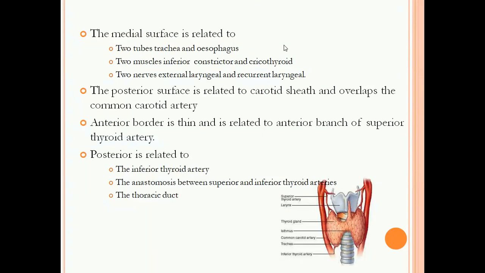The medial surface is always related with the trachea and the esophagus, and the two muscles that are related with the gland are the inferior constrictor and the cricothyroid muscle. The two nerves which are very close include